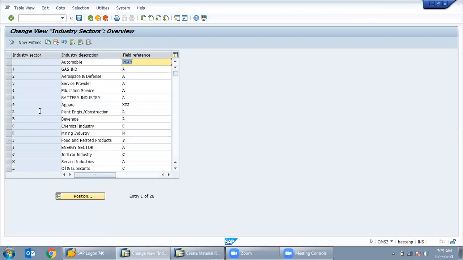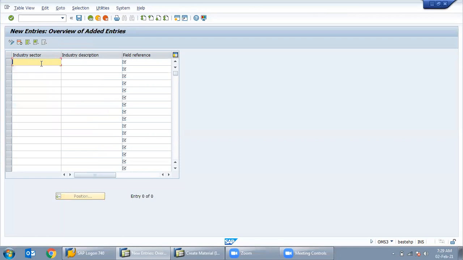Now in configuration, we are going to do the material type and material group. So suppose we go to new entries and give our industry. Industry is like P for power plant, and field reference will be A. Just press enter.